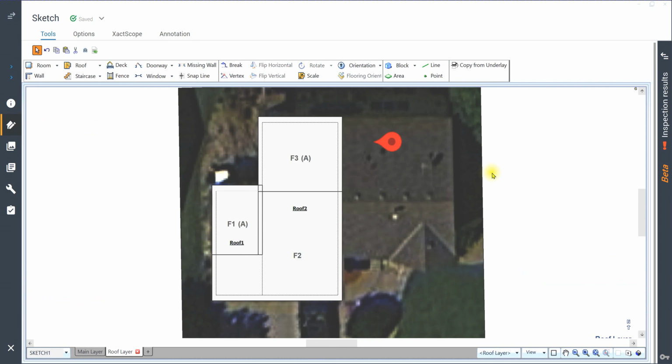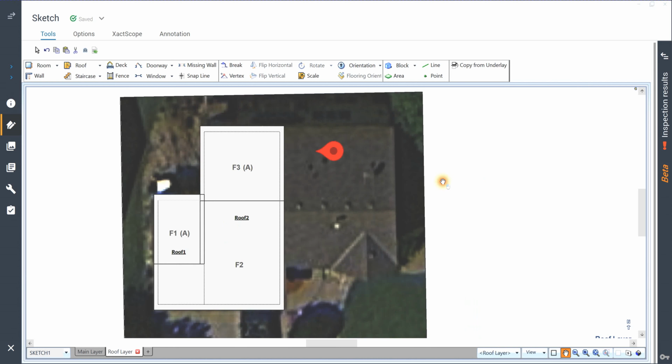Now we need to do this side. I could go in and duplicate this and move it over. So let's go ahead and do that so you could get some practice on copying all your properties. I'll show you how to unlock it. Okay, so let's go ahead and click here, and we want to click on the one that says roof 2. I'm going to hit my Control key. When I left click on this diamond and move it to the right,